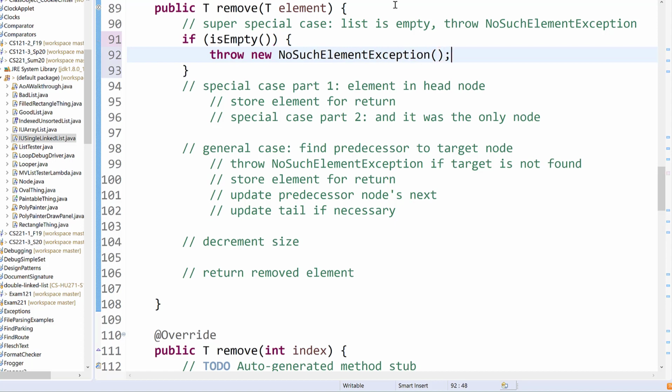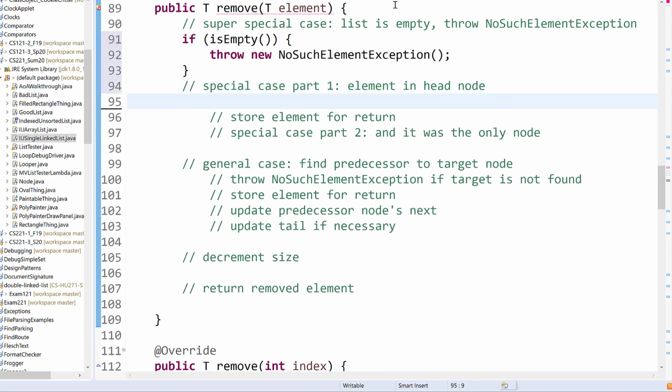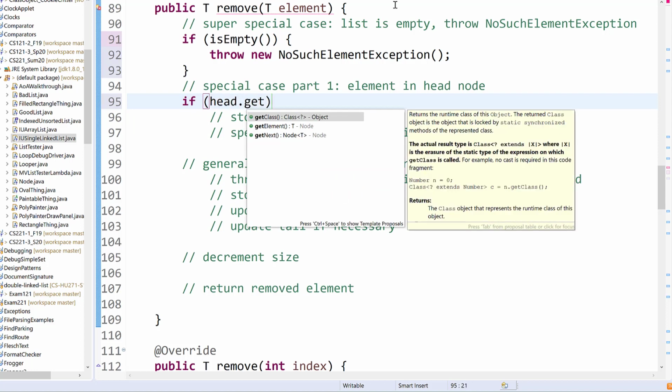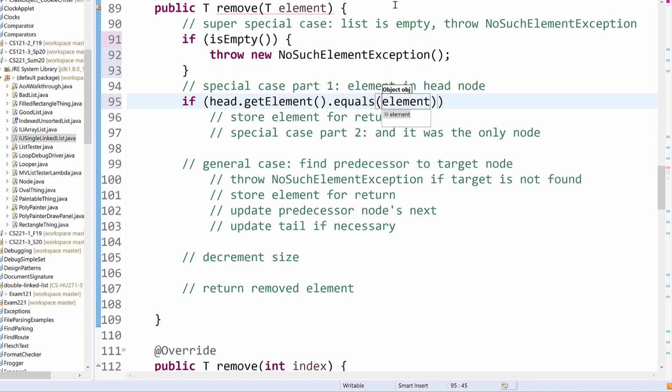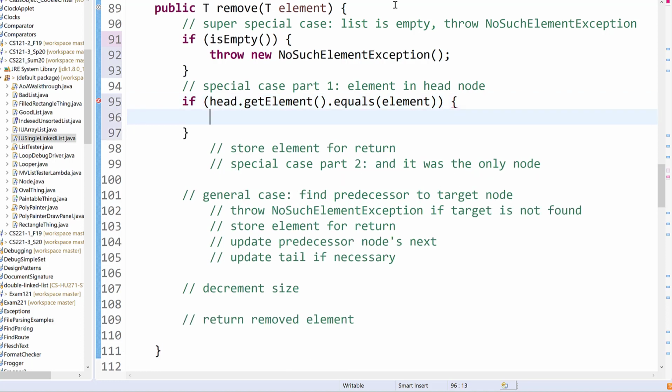Doing that because then I don't have to check for head being null. So if I get past that point, I know that I at least do have elements that I can start checking. So I'm going to start by checking to see if the element is in the head node. The reason this is a special case is that the head node does not have a predecessor node, so my general purpose search would be invalid. I would accidentally skip over the head node. So we're going to begin by checking to see if the head node's getElement dot equals the target element I'm looking for, element. If that's the case, we need to remember